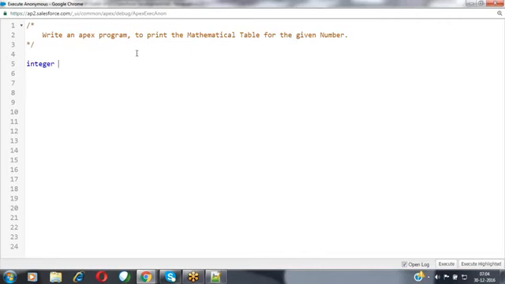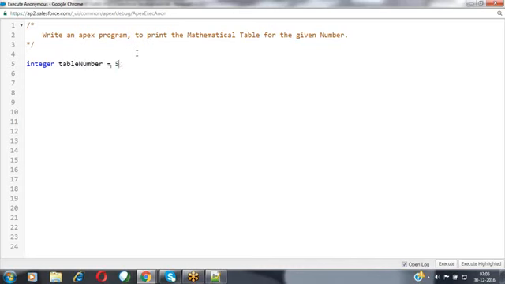For that, I'm using a variable, integer, in order to indicate for which number you would like to generate the mathematical table. Integer, like I'm specifying that number, or simply you can specify table number.